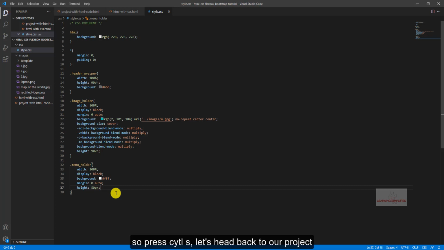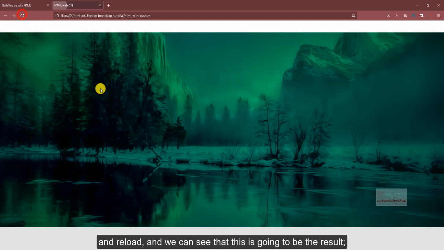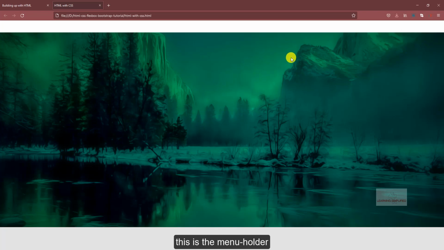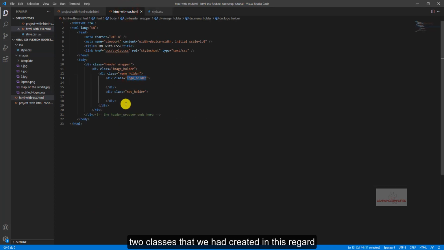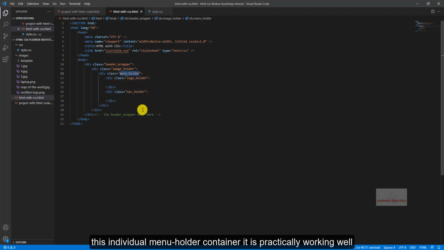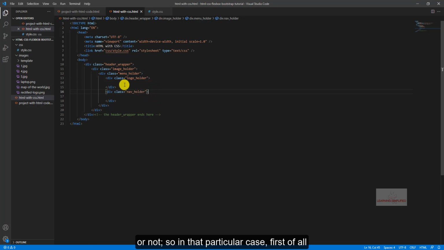So press Ctrl S. Let's head back to our project and reload, and we can see that this is practically going to be the result. This is the menu holder section that we have created in this purpose, but it is practically incomplete. So far we need to take care of the other two classes that we had created in this regard, the logo holder and the nav holder. We need to check whether together with both these elements, this individual menu holder container is practically working quite well or not. So in that particular case, first of all,